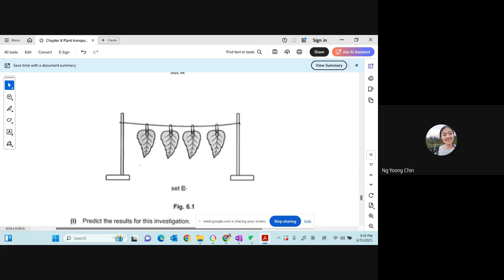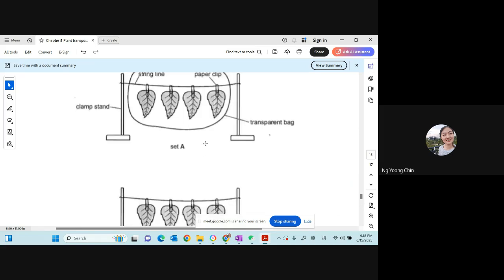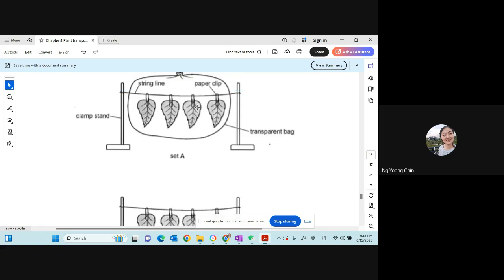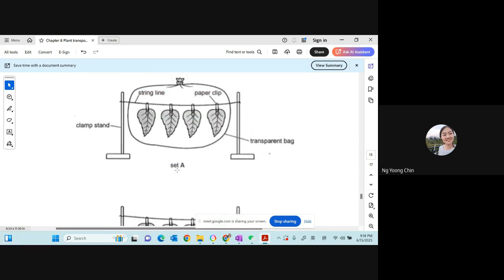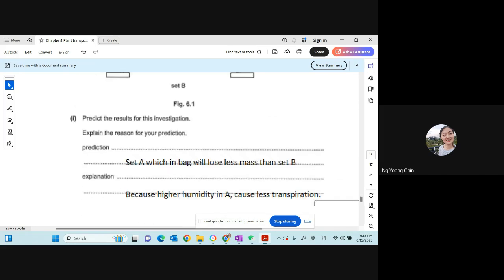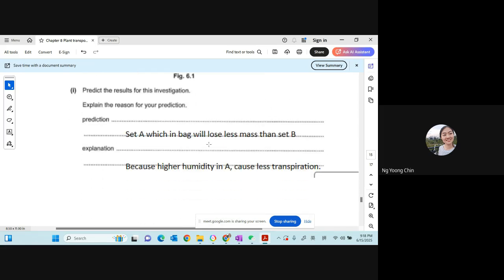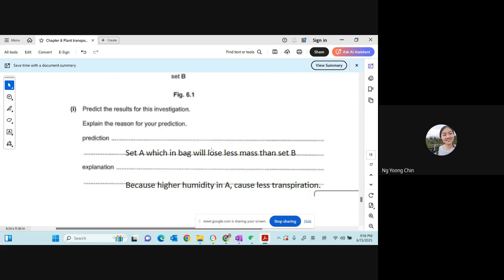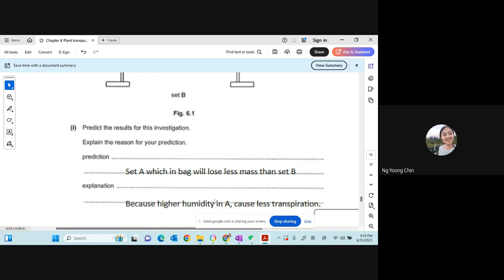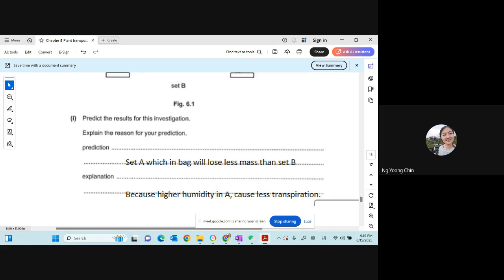Set B will have a higher transpiration rate compared to set A. Why? Because set A is covered with a plastic bag. When covered with a plastic bag, there will be less contact with the sunlight. And because they are covered with a plastic bag, inside the bag there is a higher humidity. So the higher humidity found in set A, which is covered with the transparent bag, will reduce